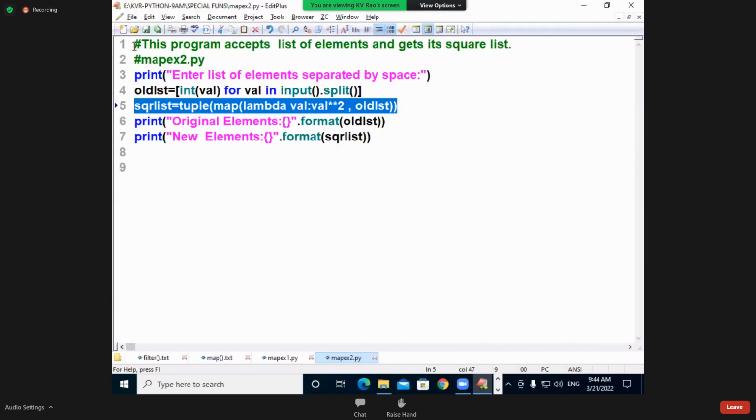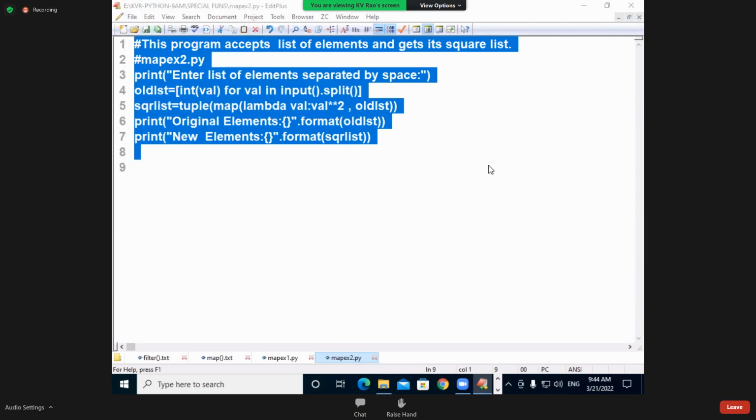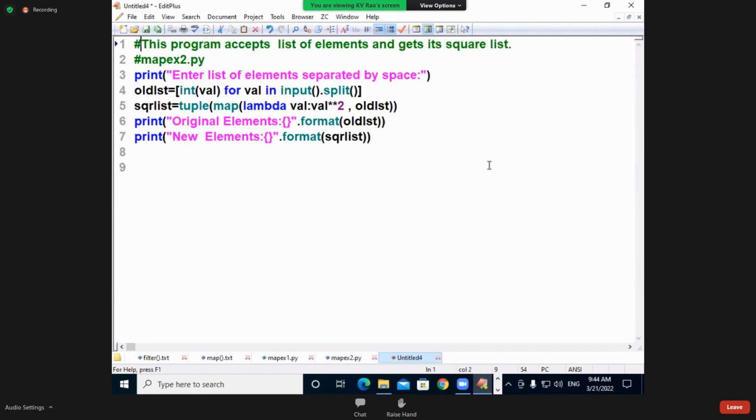Now I'm going to use it. Same thing, I'm taking that. So I'm going to place it. This program accepts a list of elements and gets its square root list. This is map example 3.py. Enter list of elements separated by what? Space. Old list is coming. Square root list